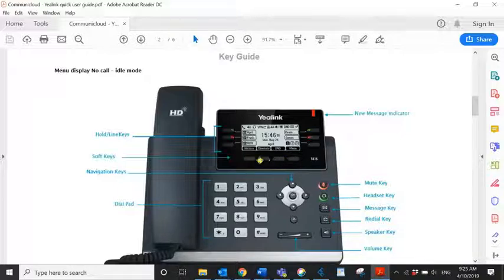These soft keys here will change depending on what you do: when you pick up the handset to make a call, or if you've got an incoming call, and also when you're on a call. So these soft keys at the bottom are your main buttons to use whilst you're using the phone. Now,